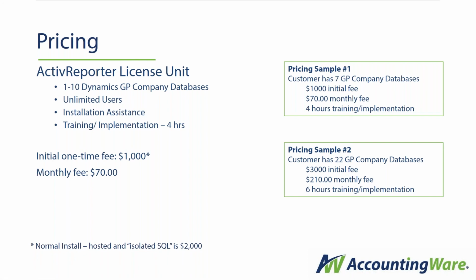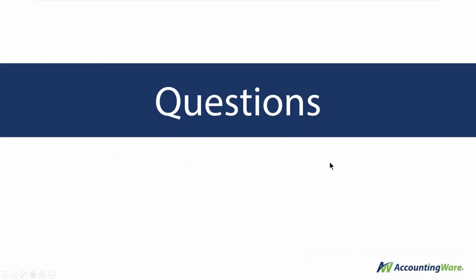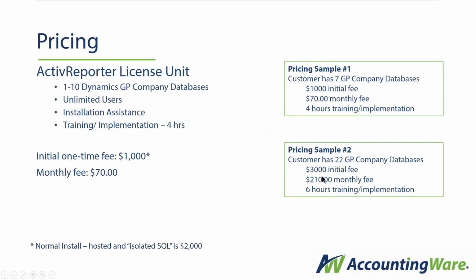We'll give you installation assistance and 4 hours of training, all for an initial fee of $1,000 plus $70 a month. So for most of you, that's going to be $1,840 for your first year and $840 for every subsequent year. If you have more than 10 GP databases, then you just divide by 10. So here's an example. If you have 22, whoops, I need to go up a screen. If you have 22 databases, then you require 3 licenses, $3,000 initial fee, $210 per month, and we allocate the